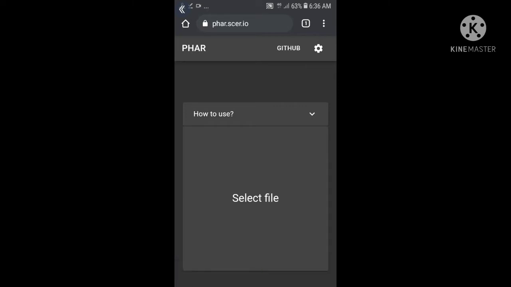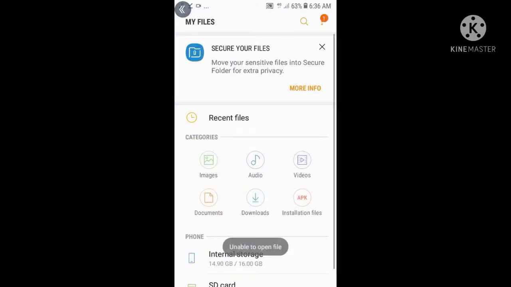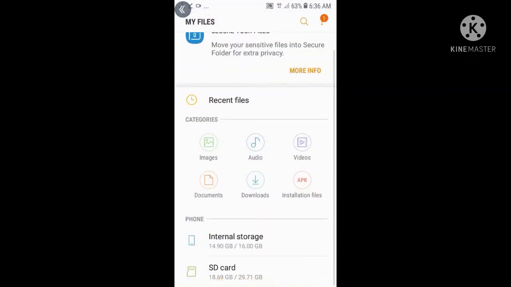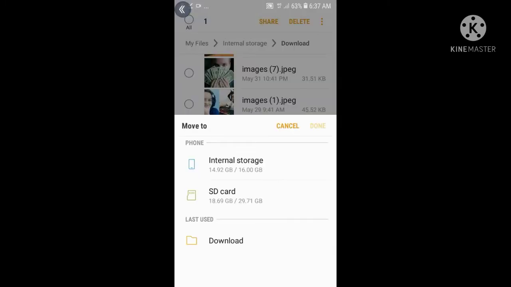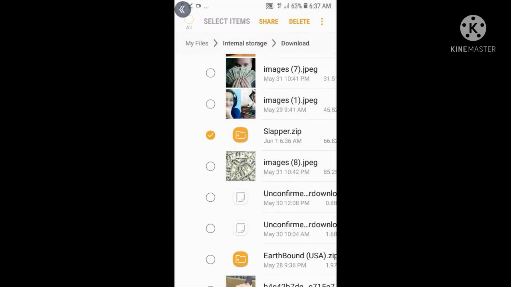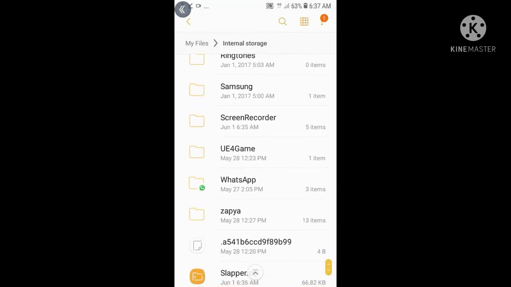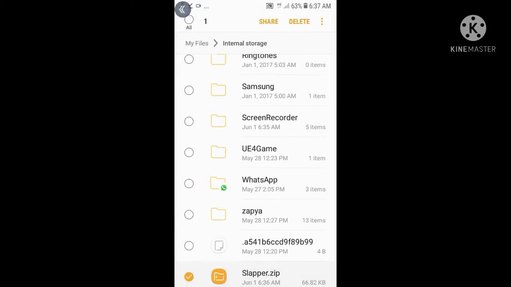Now as you can see, it's now converted to slapper.zip. Now go to internal storage and find your download folder and paste your downloaded Slapper file there. Now as you can see, we have slapper.zip here.